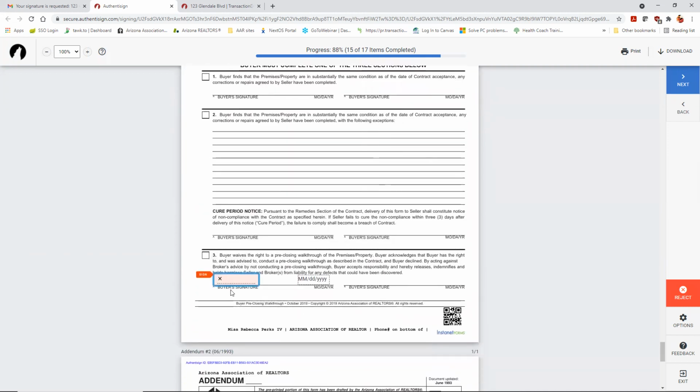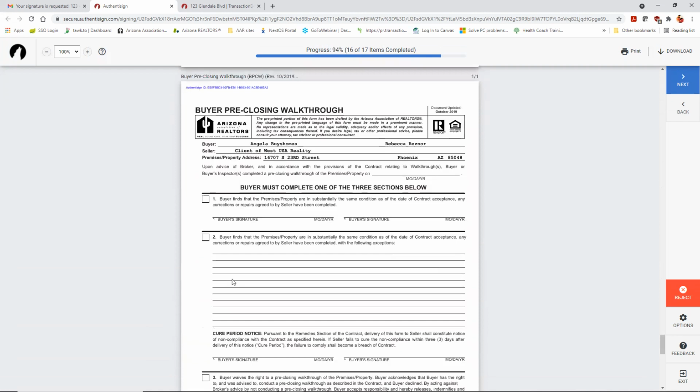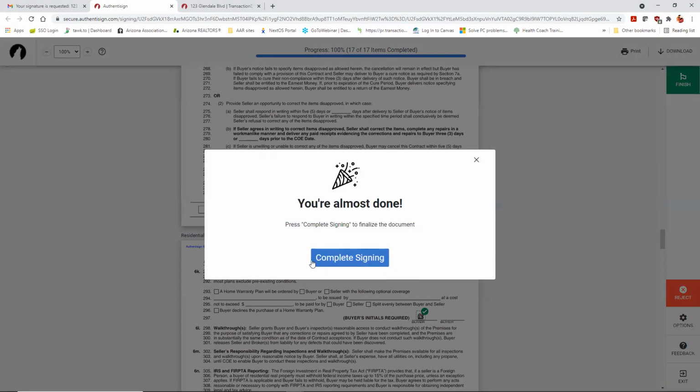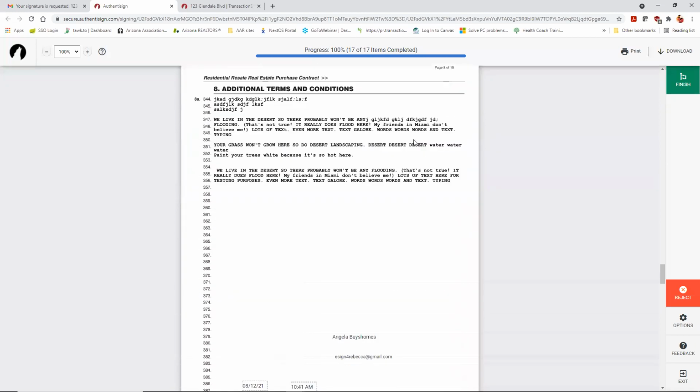So you just really want to make it easy on them and have them only sign the place that you want them to sign. If they missed something, it will scroll back to that place. And once we sign that, they're going to get the message, do you want to complete your signing? If they still want to look through things, they can close out and scroll through. When they are ready to finish, they can finish. They can print what they've done or download what they've done, but they are going to get a copy automatically